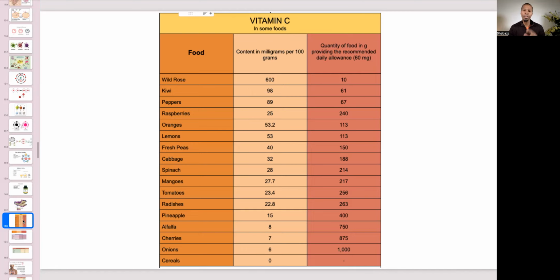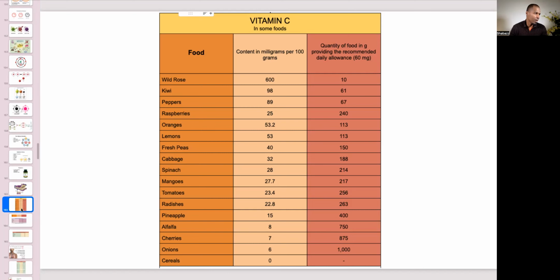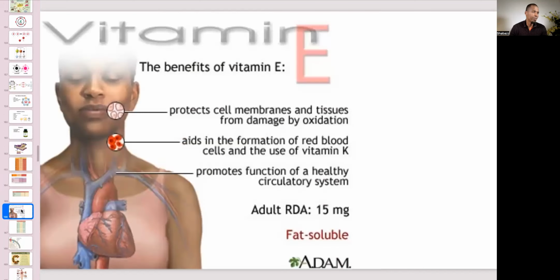So look at this. We already said water soluble is vitamin C, but now we're going to look at a fat soluble vitamin that we're going to put into our system that's going to help fight off free radicals, especially before they get to your walls, okay? And here it is right here, vitamin E. Vitamin E is a fat-soluble vitamin, and look what it does. Look at the beautiful benefits.